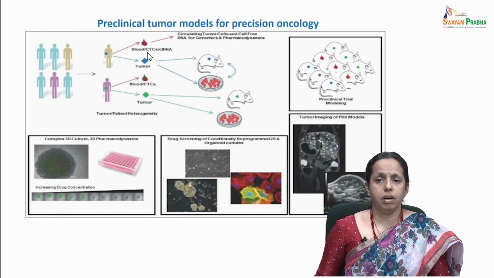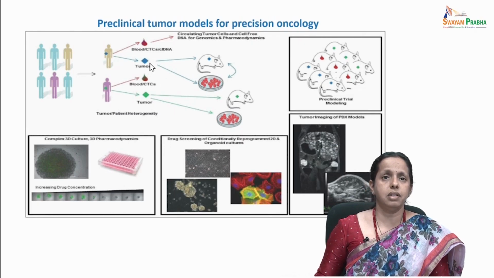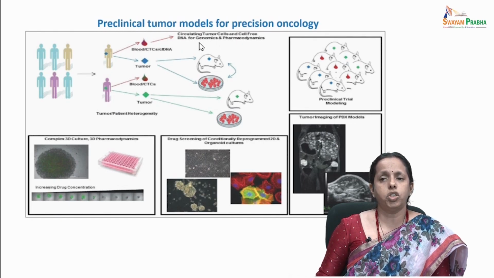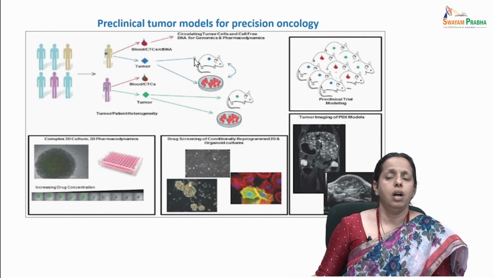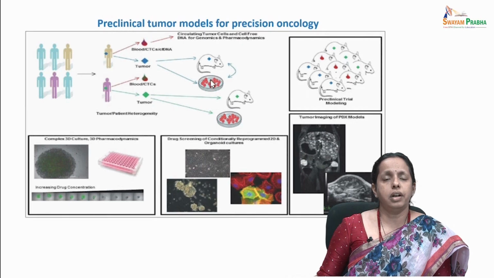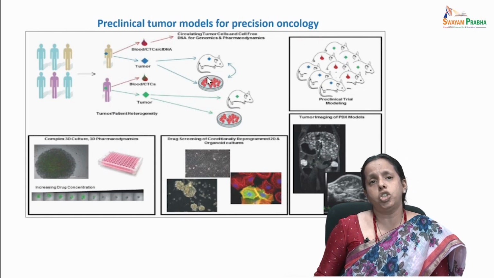They are viable approaches for obtaining your malignant tissue for DNA sequencing and for pharma. From this stage, what will happen? You put this tumor into the mice, or then you generate organoids, for example lung or breast organoids, where you're growing the tumor